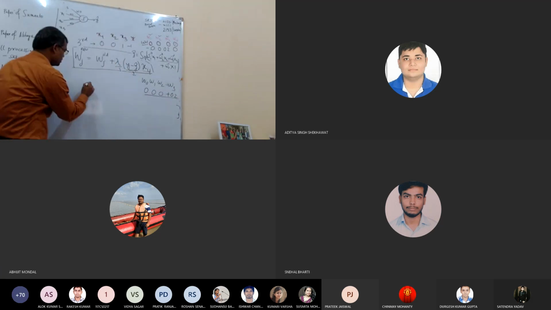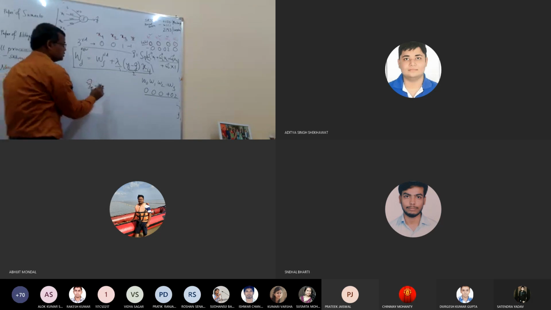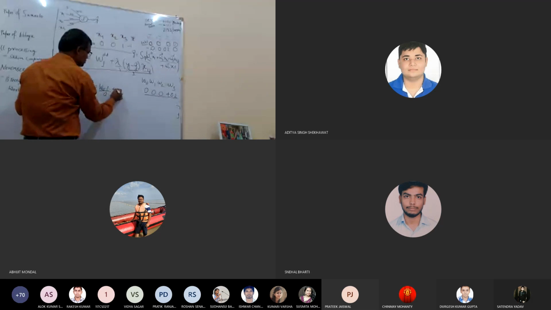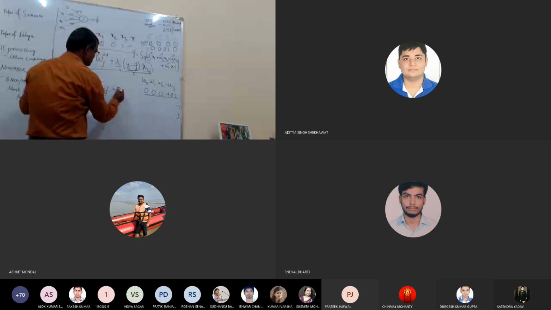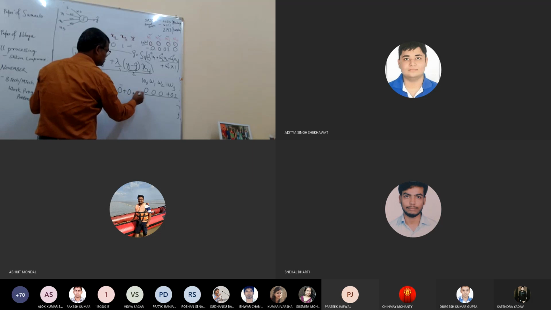Then you compute y bar for the fifth sample. So what will be the value? This is W0 into 1, W0 is 0, plus W1, which is also 0, so this is 0. W2 is 0.